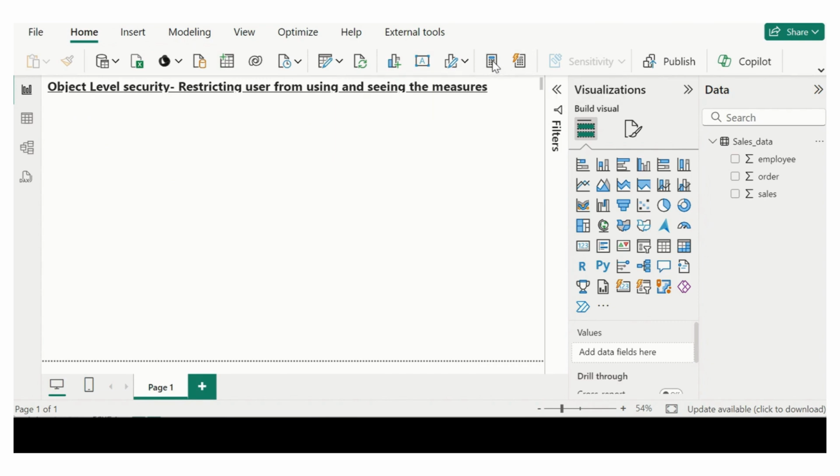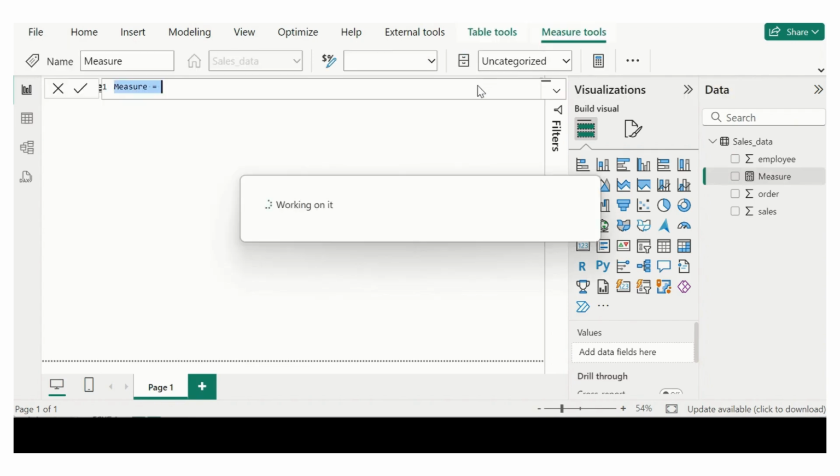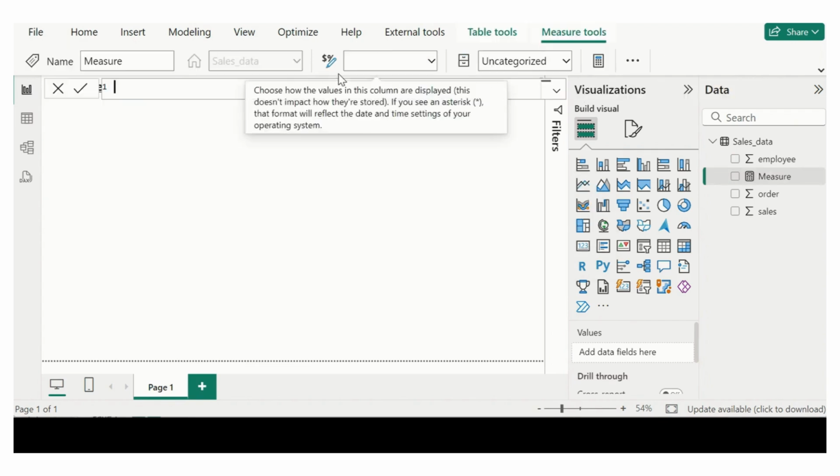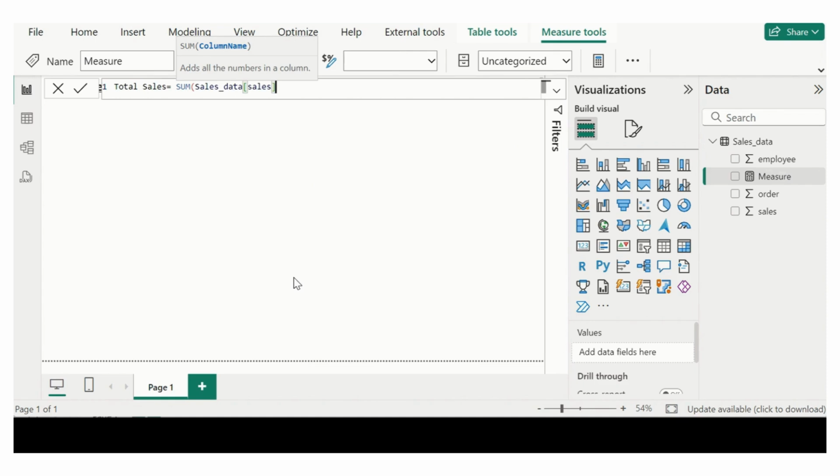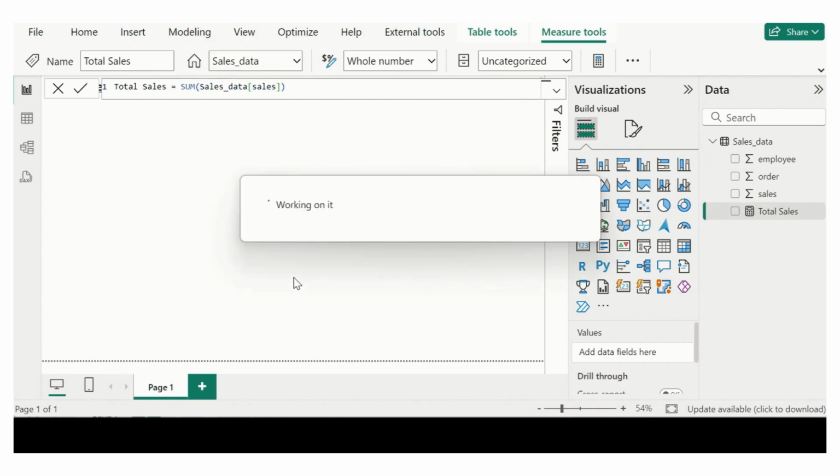I will click onto the measure box over here and create a sales measure by naming it total sales. In total sales, I will simply calculate the sum of the sales that I have in the sales data. I will pass on the sales column. So our first measure is created.